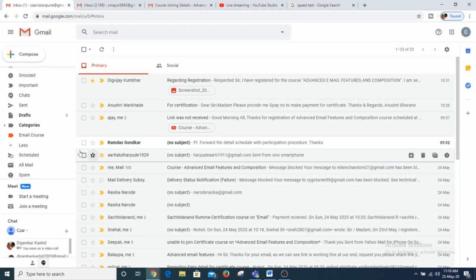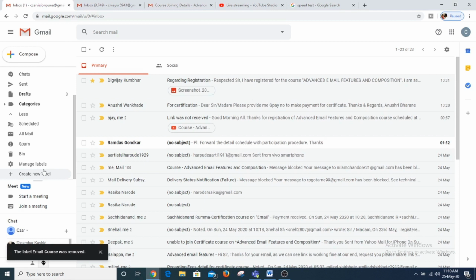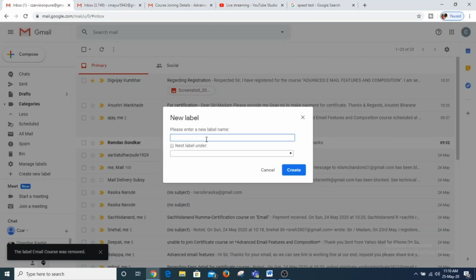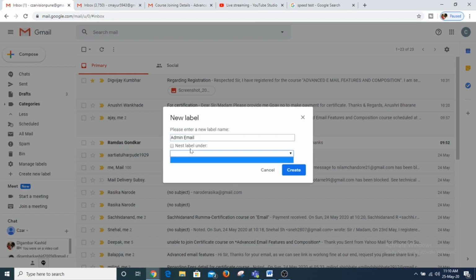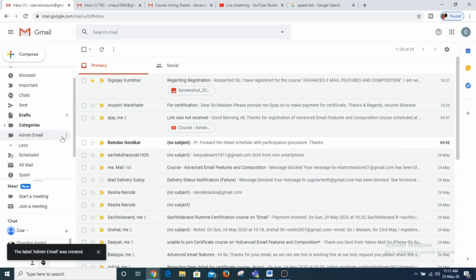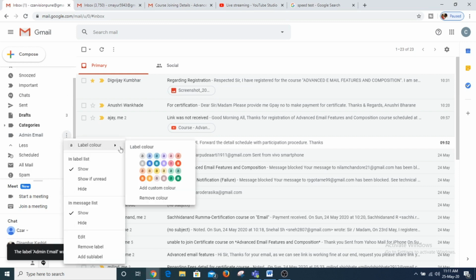If you want to add a few more labels here, create a new label. Just go here and create label. Say I want the information, say my admin email, means administrative emails. I don't want to nest it within another label, so I keep it as admin email. You can see here the label is created. You can change the color of this label. If it's highly important, you can say